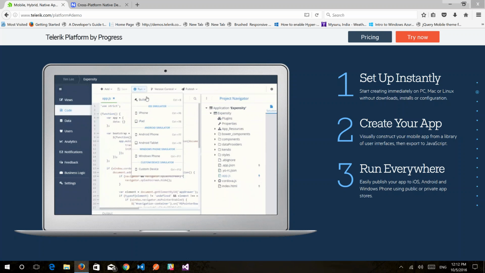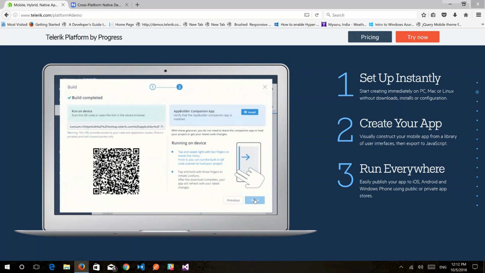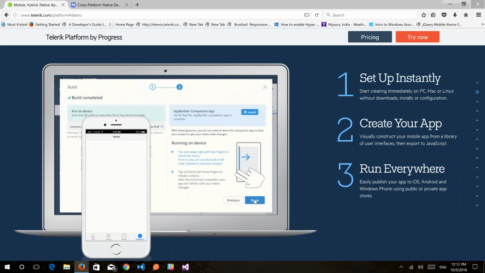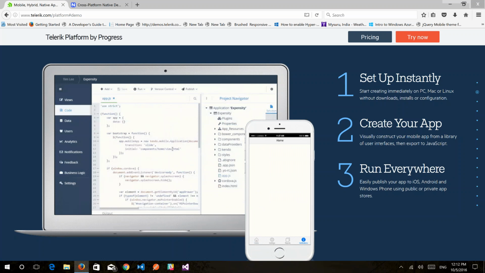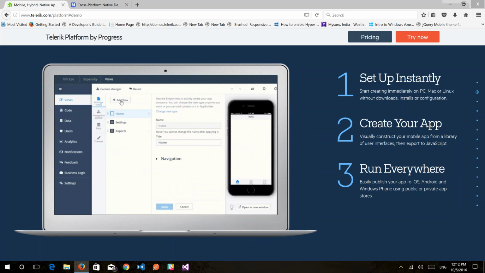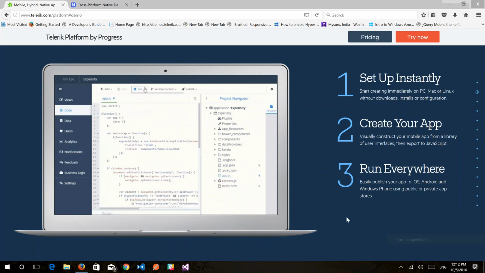The screen builder just does it for you, and then you can jump into the code and start customizing it, and then you will be able to easily publish your apps to iOS, Android, and Windows Phone using public or private app stores. So from the platform, you have the capability to push it directly to a public store, or we give you your own store as part of our platform. So you will have your own secure container, the store mechanism, and then you can just go in and